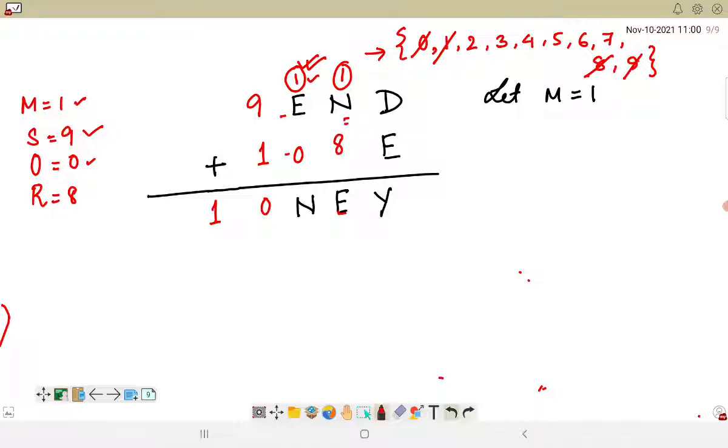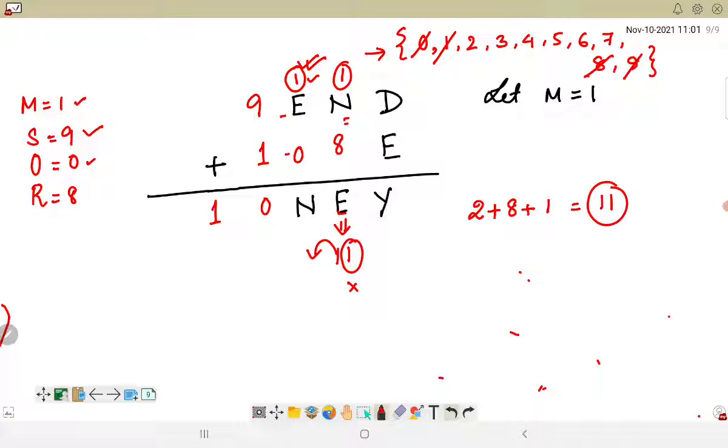Why can it not be 2? Now let us consider 2. 2 plus 8 plus 1, because what was the situation that we considered? We considered a carry here, right? Because otherwise we did not get the value of r. So 2 plus 8 plus 1, which is the carry. So this is basically 11. So if e becomes 11 here, 1 would be carried over, no doubt, but e will become 1. Again, this e cannot be equal to 1 because 1 is already taken, isn't it?